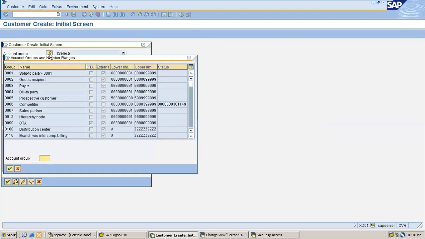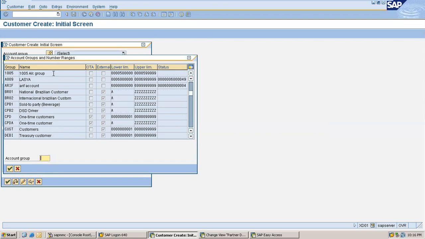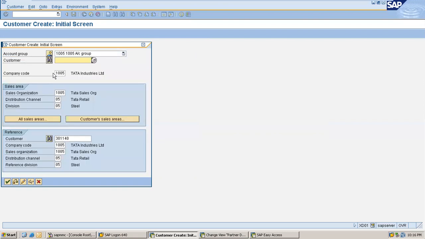Click on that. You will get an option to find your account group. Click on 1005. This is your new account group. Select this by double clicking it. Else you can directly select from this drop down if you know the account group. That is another way.